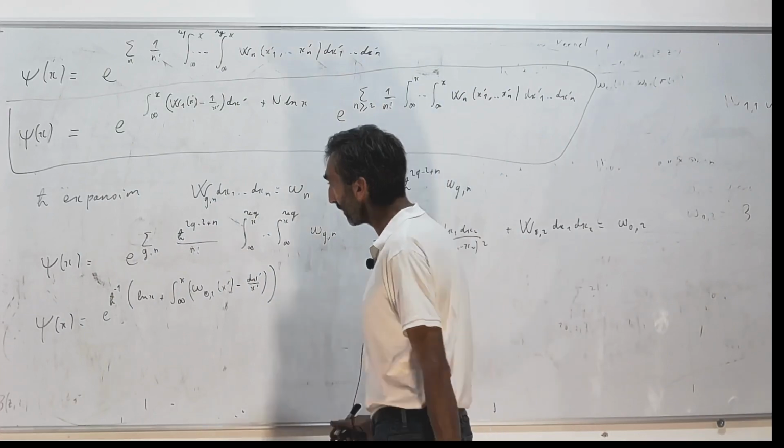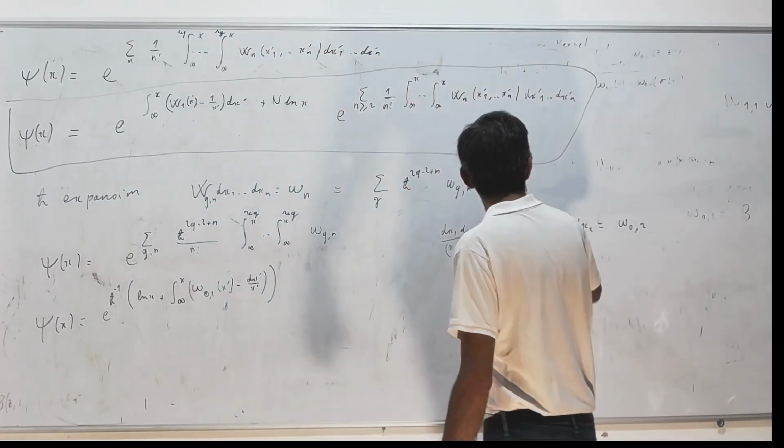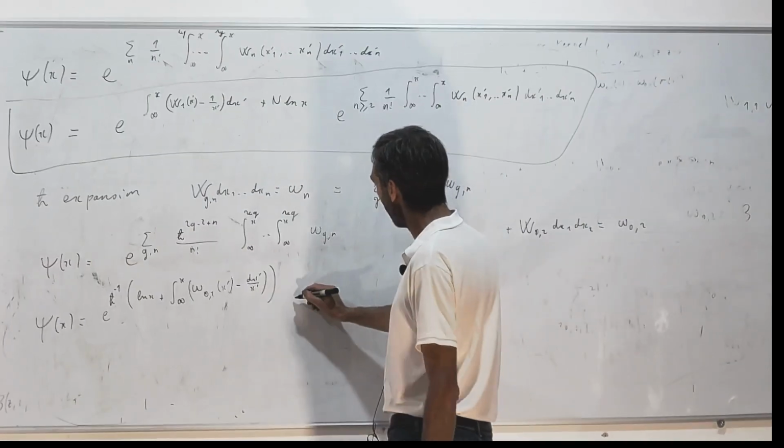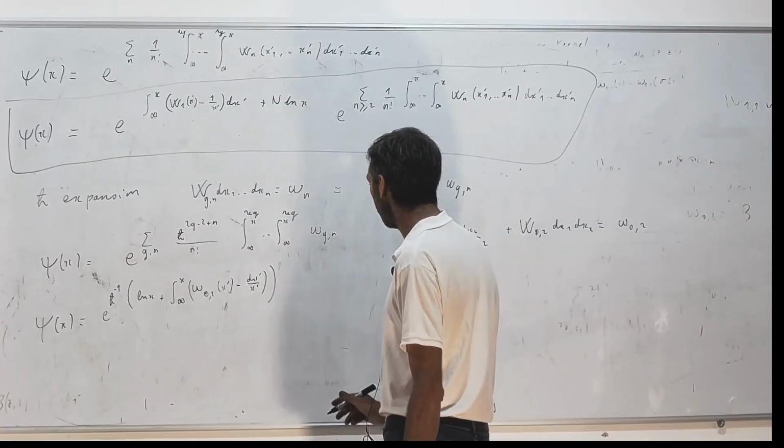For the omega 0,2, I let you compute with this formula, and in the case of a genus 0 curve, what you would get would be